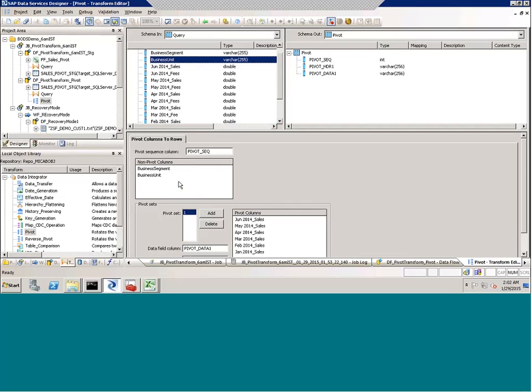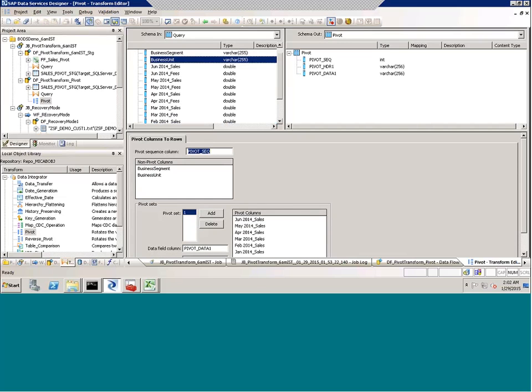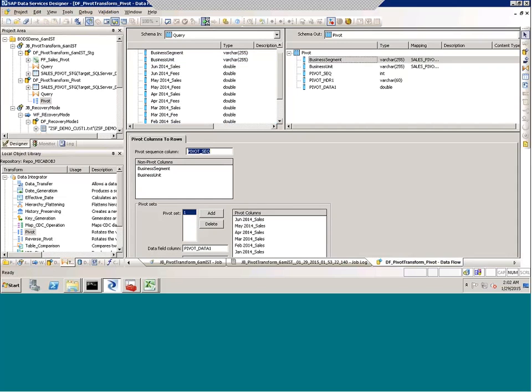So you don't have to worry about why we didn't select these into the pivot columns. It is sufficient to inform it what the non-pivoted columns are. Having this knowledge, now if I click on go back,